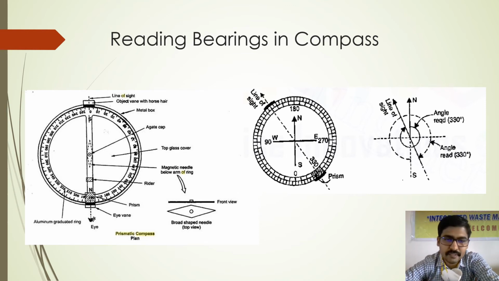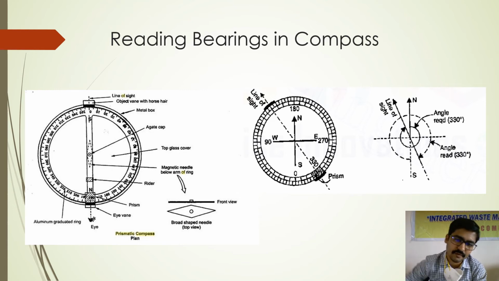So frankly speaking, when bearings are measured with respect to north, north should be your reference and north should be given 0 degree, because in your whole circle bearing system or quadrantal bearing system, you have seen that north is the reference and north is 0. But when it comes to compass, when the graduations are marked over the graduated circle, 0 should be on the north. But here in the graduated circle, 0 is written on the south side, whereas north has got 180 degrees. So why is it written so?